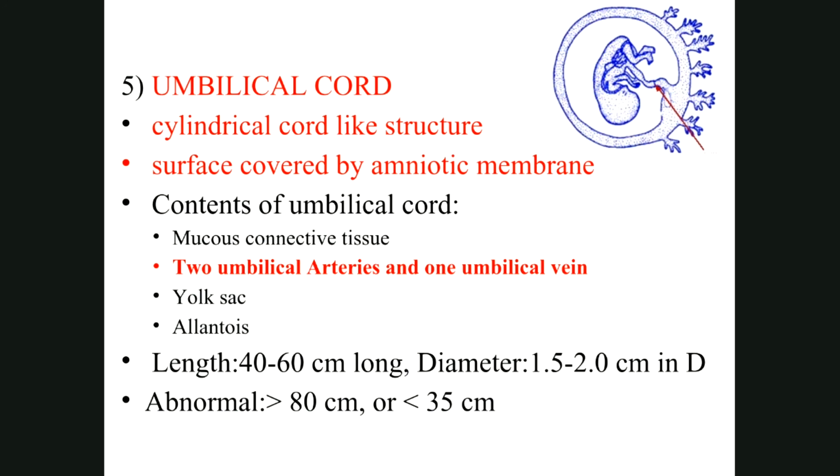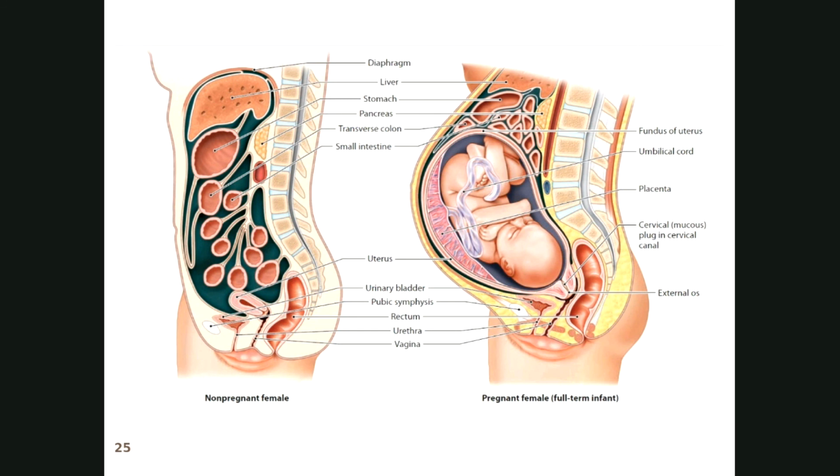So these are some of the important aspects of development and some of the supporting structures during development. As you can see in this photo, the full-term baby looks like this in the uterus. A non-pregnant uterus is a very small size and the pregnant uterus is quite enlarged and expandable. So there's tremendous flexibility in this organ to adjust for the pregnant state of the female.